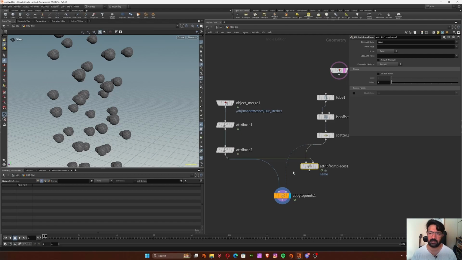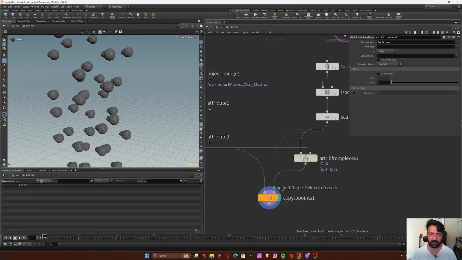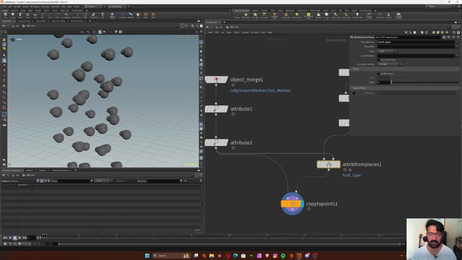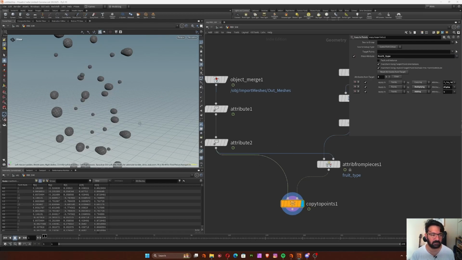And we need to tell it what attribute it should use to separate pieces out. Normally it's set to name, but we've changed the name to fruit type. So we need to put that to fruit type. And then this outputs the point class. So this goes into the copy to points on the right side. And on the copy to points you also have to tell it which attribute to vary the pieces by. So if you do fruit type, there now you see we have different fruit